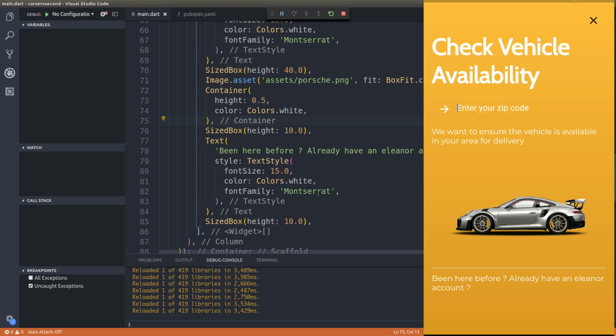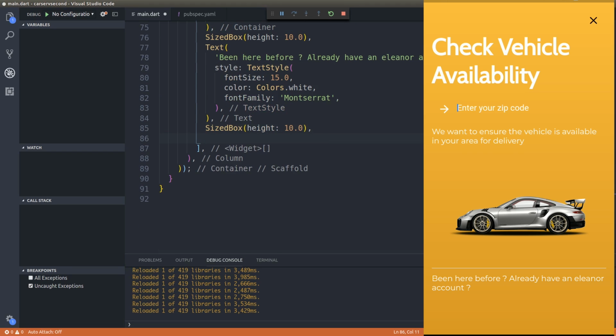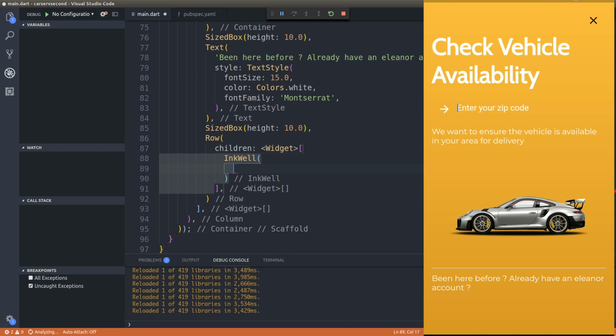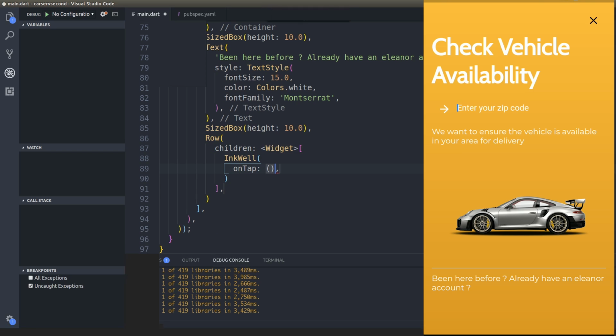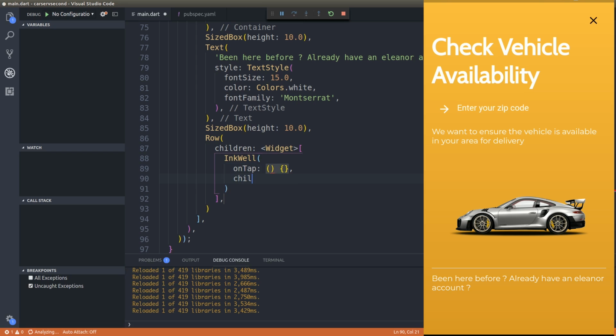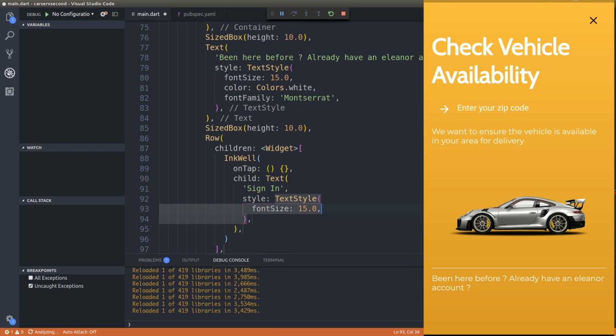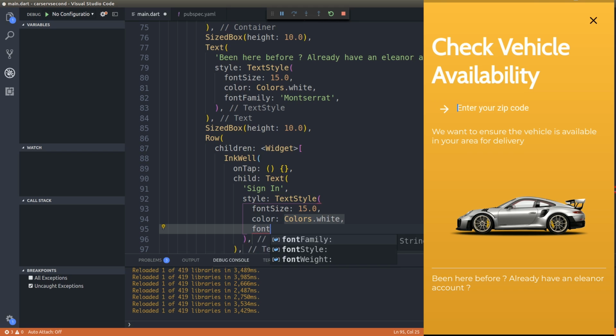Now we just have one more thing, that is we need to do this sign in button, right? So for that, what I'll do is I'll add a row, and to this row I'll add children, a FontTab, and after this child, Text, sign in, style, TextStyle, fontSize 15.2, and Colors.white, fontFamily Montserrat,